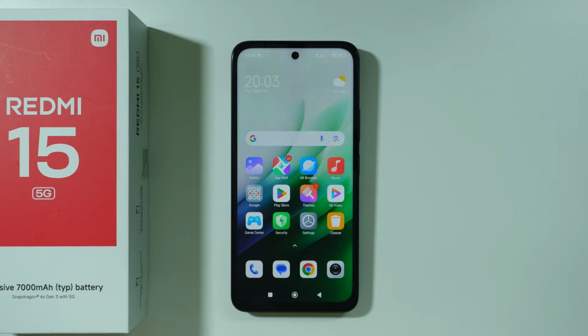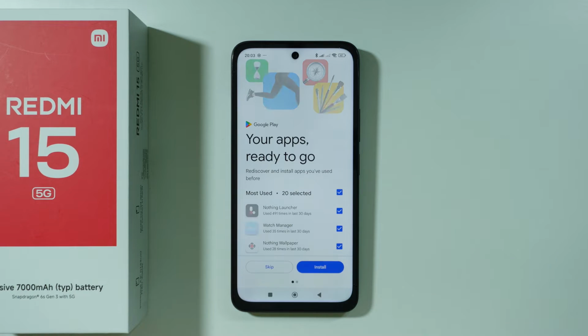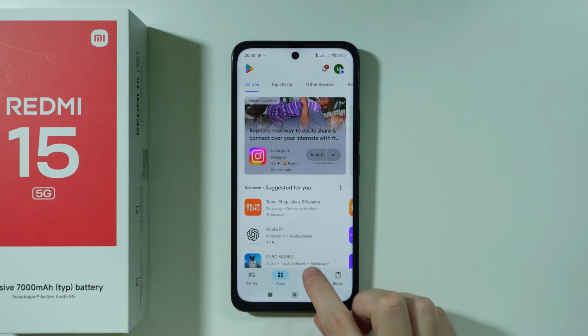If you want to clone apps on Redmi 15, then in that case we need to download an app that allows us to clone apps, because unfortunately we do not have a built-in option. So what we're gonna do is we're gonna open the Play Store, and in this case we're gonna search,